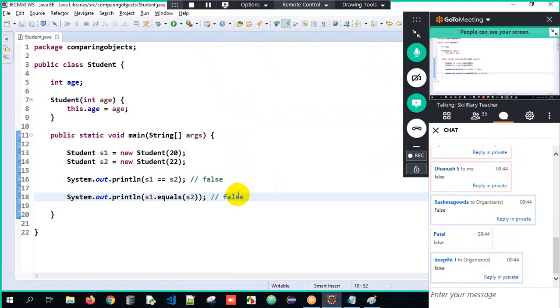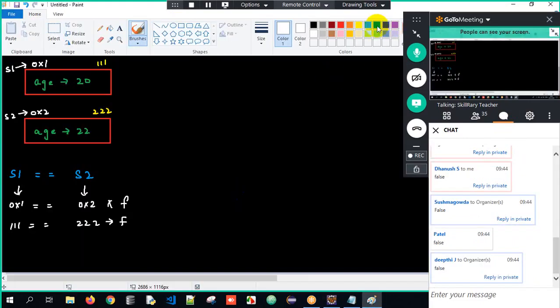When I make use of double equals, or when I tell s1 dot equals s2, internally the addresses or the hash codes are getting compared, wherein the addresses and the hash codes are always different, so I'll get the output as false here. So in simple English, even double equals and the equals method will check for addresses and hash codes internally, wherein these are two different objects.